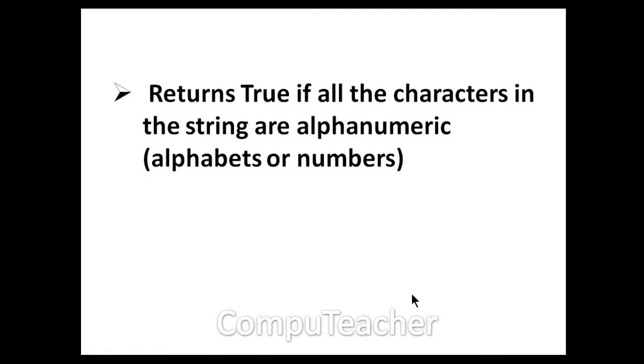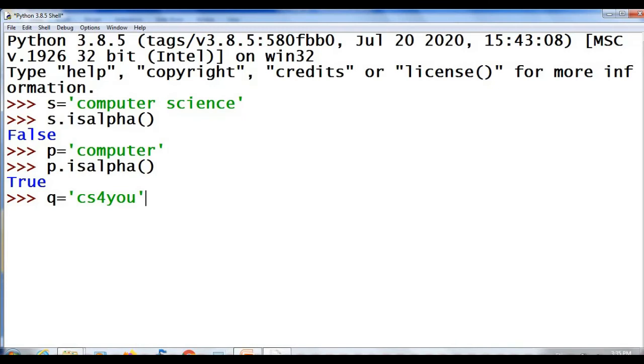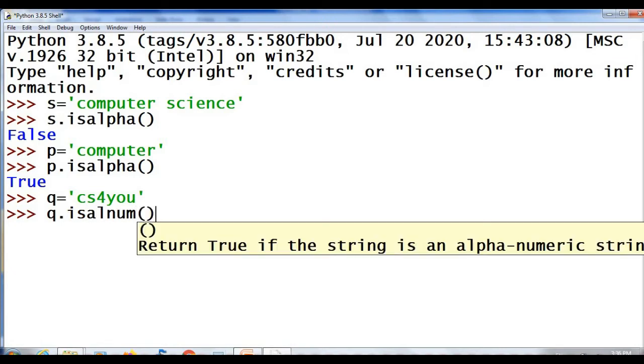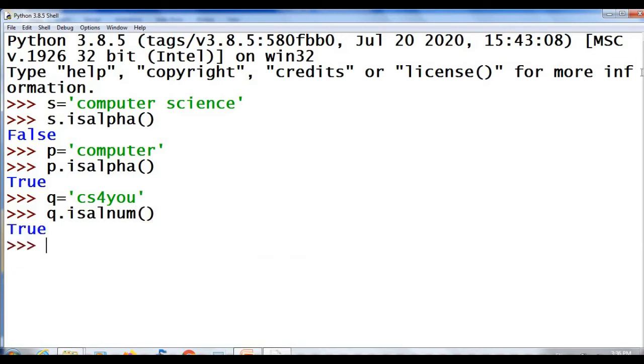A function which returns true if all the characters in the string are alphanumeric, that is alphabets or numbers. The function is isalnum. Example, q equal to "cs4u". Then q.isalnum() will return true because this q contains alphabets and numbers only.